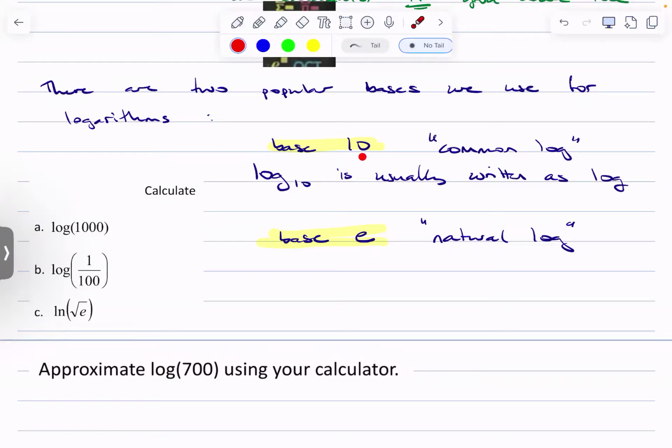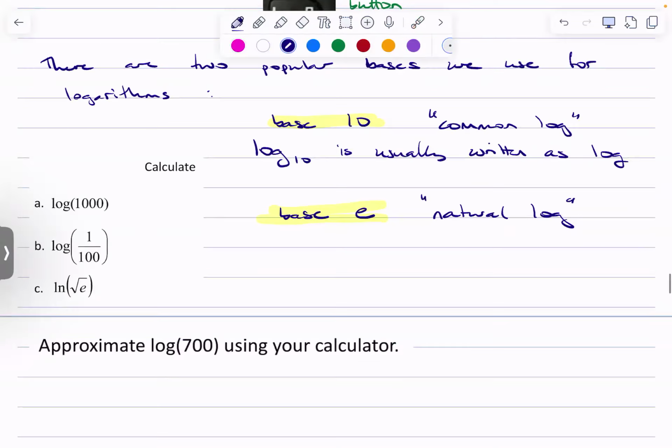Base 10 is more for things like if you're working with sound waves, light waves, all that kind of physics stuff. And if you're in computer science, they work in base 2 usually. So my default is log base e. Actually, it doesn't matter which base you use, as we'll see. But log base e is written